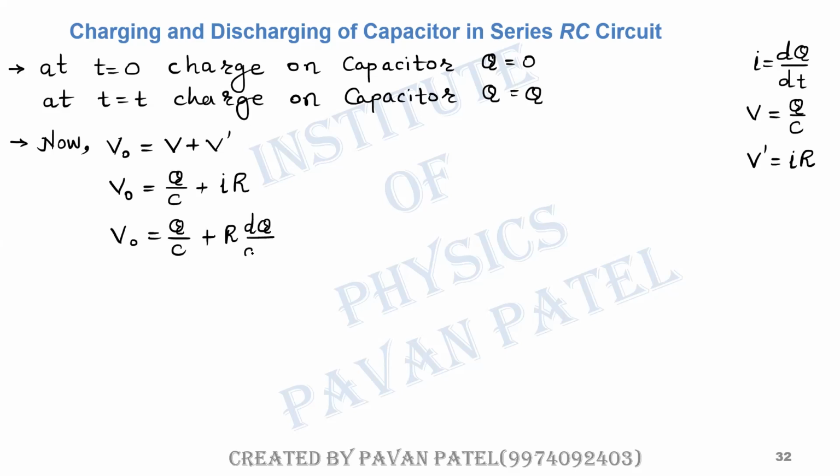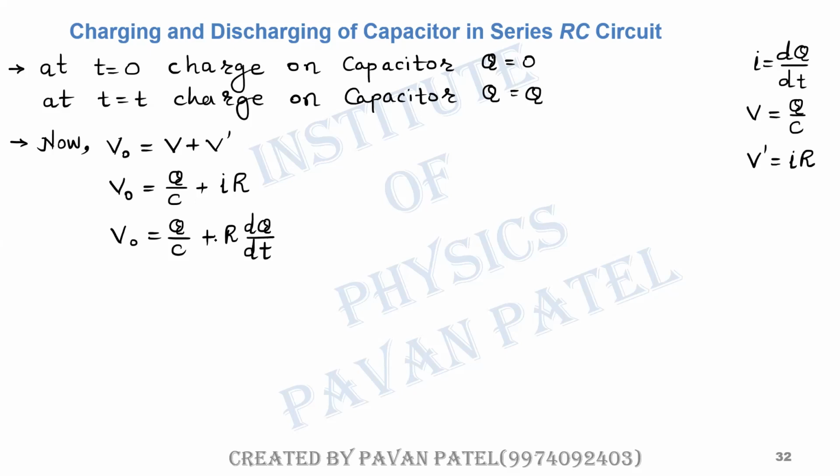So what is the purpose of writing down the formula of I here as dq by dt? What is the purpose of that? The purpose is that R is constant, right? C, the capacitance of the capacitor, is constant. Resistance is constant. Potential difference across the two plates of the battery is constant. V0 is of course constant, right? So Q is changing with respect to time. So this is the differential equation, an equation in terms of differentiation, where dq by dt is given. And in this equation we want to find out the value of Q.